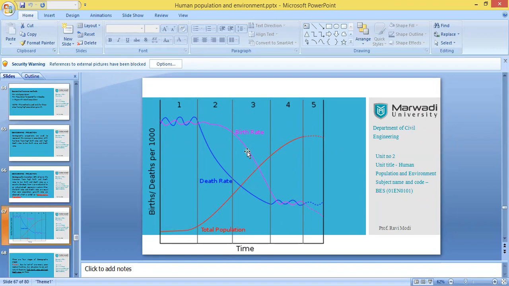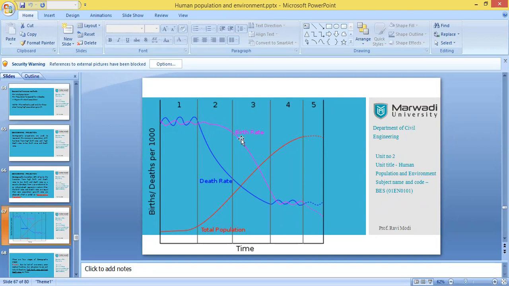So you can see that this pink line is indicating the birth rate. Both values are starting at an extreme level. That is the meaning of high birth rate and high death rate. You can see over here that initially both values are very high, but over a period of time the death rate is going down. Why it is happening, I will explain with respect to all the phases. But the birth rate is maintaining its constant value,